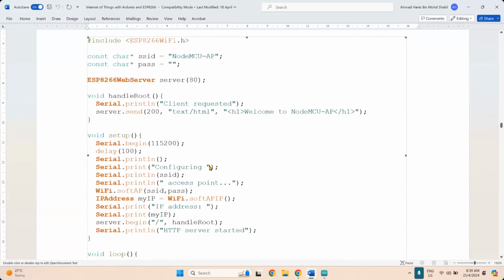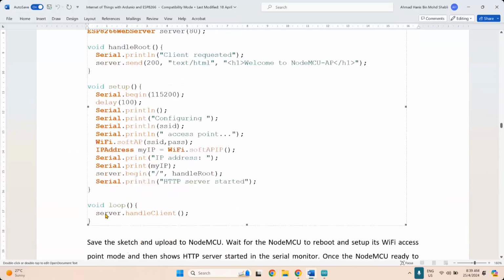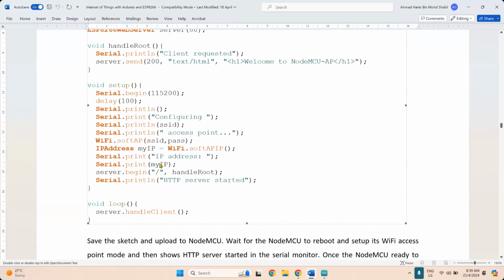Okay, so how do we deal with this? This is where you define or create your HTML page. When we turn on our server through the void setup, any request made to the root HTTP path will be handled by the handleRoot function. This handleRoot function is up here.